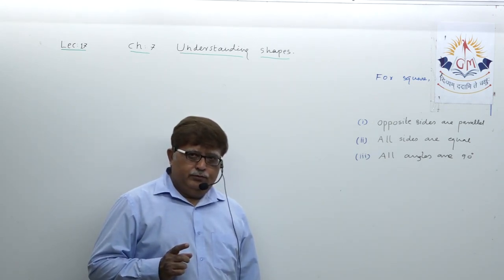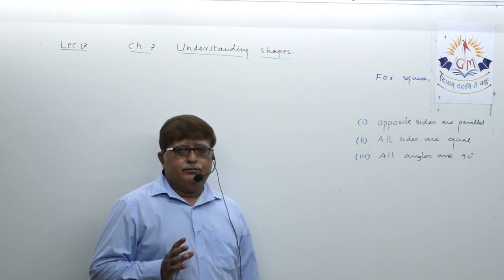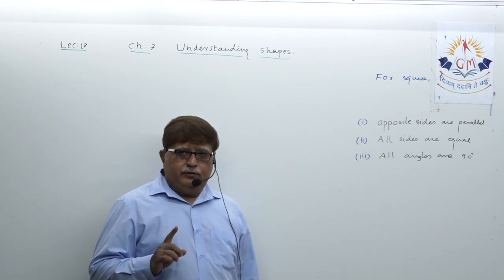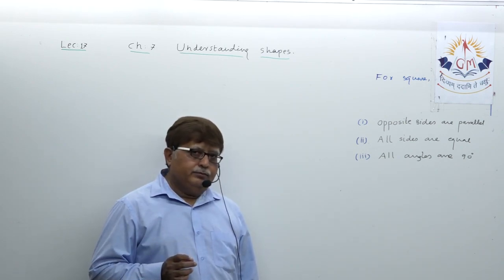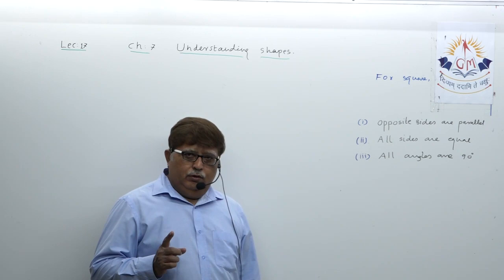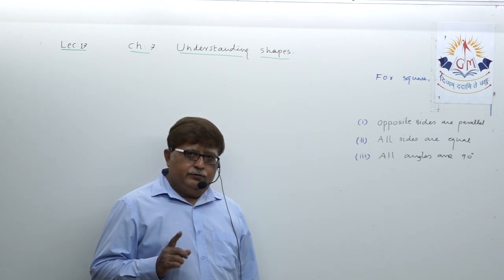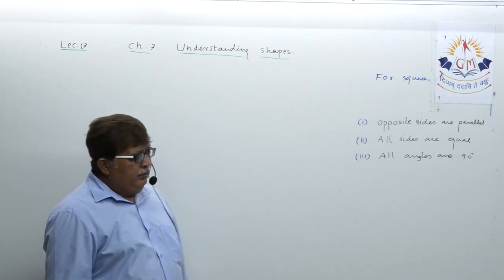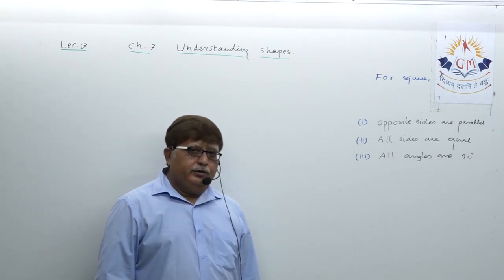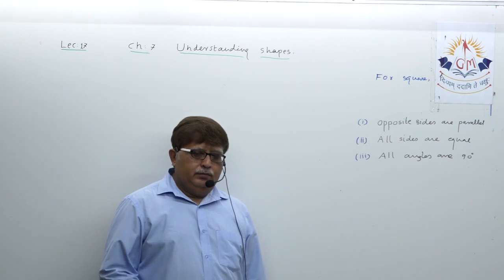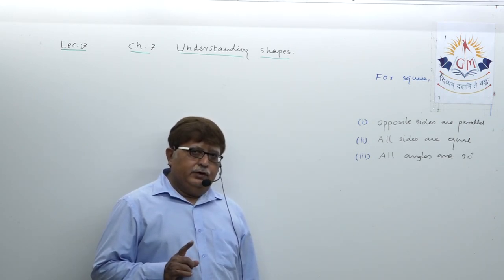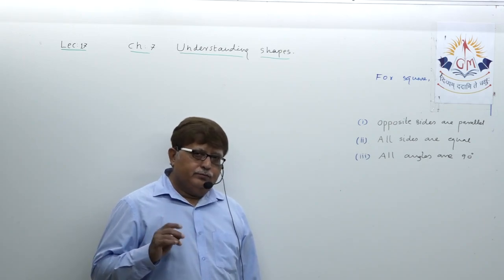Opposite sides are equal, all sides are congruent, all angles are right angle. Okay, these three properties of square we simply listed out here, and now we are going to prove